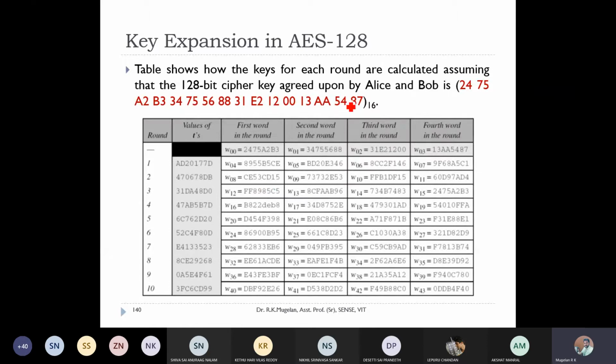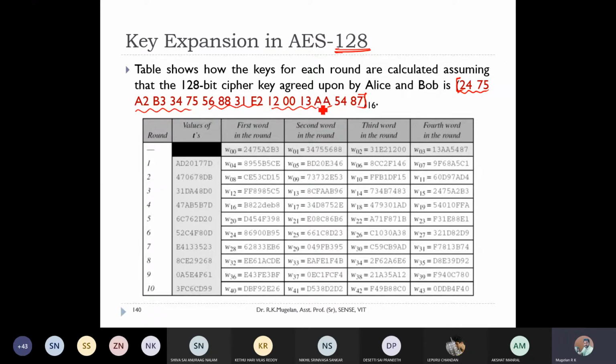So here I'll help you understand how this happens. I need cooperation from you guys also. So now I want everyone to note down the key. This is a cipher key which is going to be supplied for AES 128. Since it is AES 128, the cipher key size will always be 128 bit. If you are going with AES 192 or AES 256, the cipher key size will vary. Since we have taken AES 128 as a demo for discussion, here the cipher key size is 128 bit.